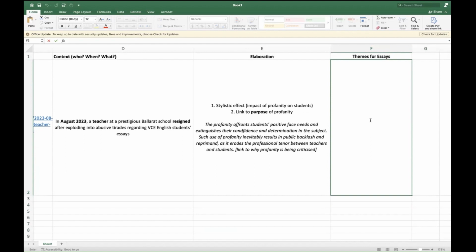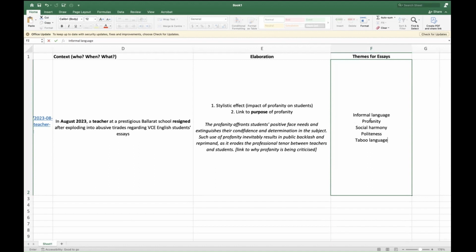So for the most part, throughout the year, I would say in the next 3 to 4 months, I will tell you where you can use your examples. Because you might think that you can only use it in informal language essays, profanity, but I will tell you that you can use this in social harmony essays, politeness, taboo language. I will tell you a lot more than you can see at this current stage.